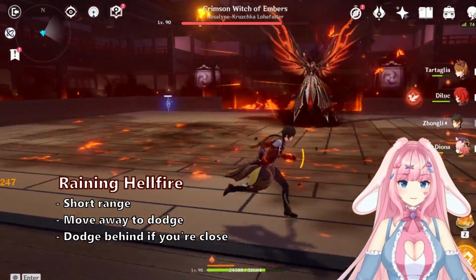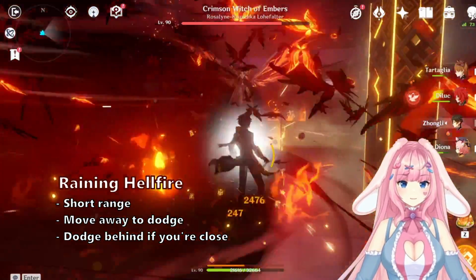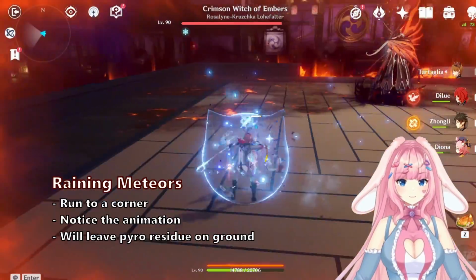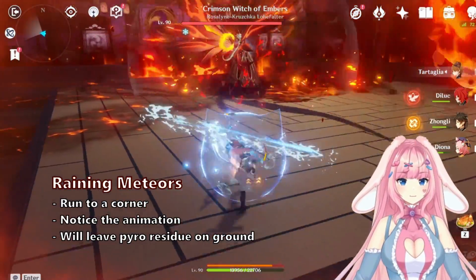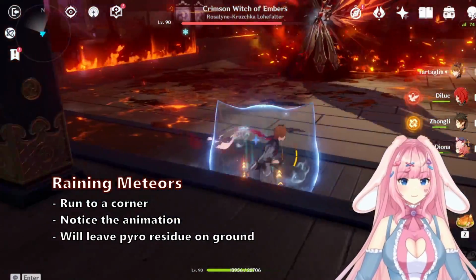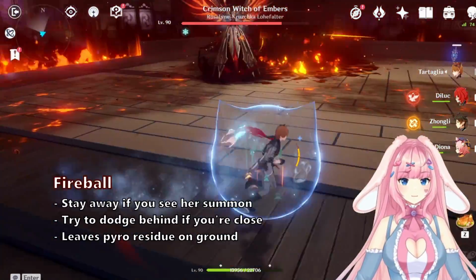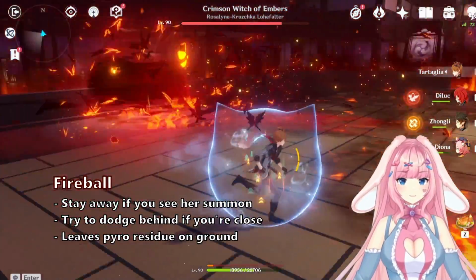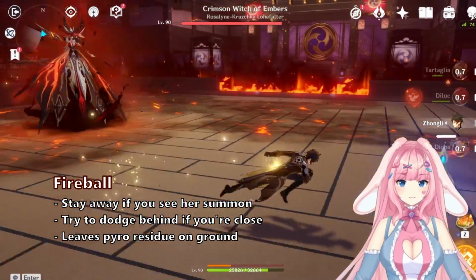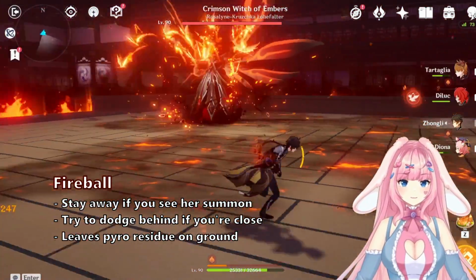This attack has a relatively small range, so you can either dash closer to Signora or move backwards in order to avoid taking damage. Another attack that you'll see her do is the Meteor, which can be avoided by moving to one of the 4 corners of the room near one of the cryo sigils. Finally, Signora can also summon a fireball, which moves towards you slowly. This attack is much harder to dodge if you're standing close to Signora, but can easily be avoided if you're